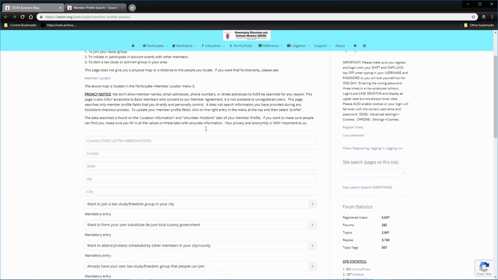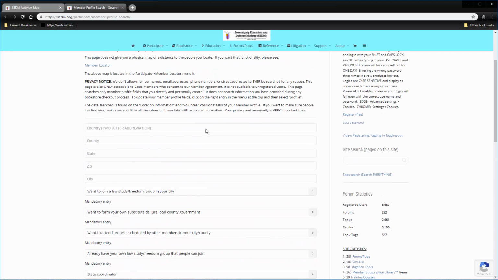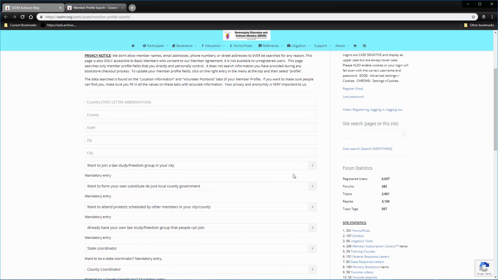So this is an example of how you would locate people textually. So you can type in the country letters or the county names or the state names or the zips or the cities. And you can also search by what the answers to their member profile field questions were. Like, do you want to join a law study group? So you can select yes or no. If they answered yes, you want to find all the people who are in the state of Texas, for instance,